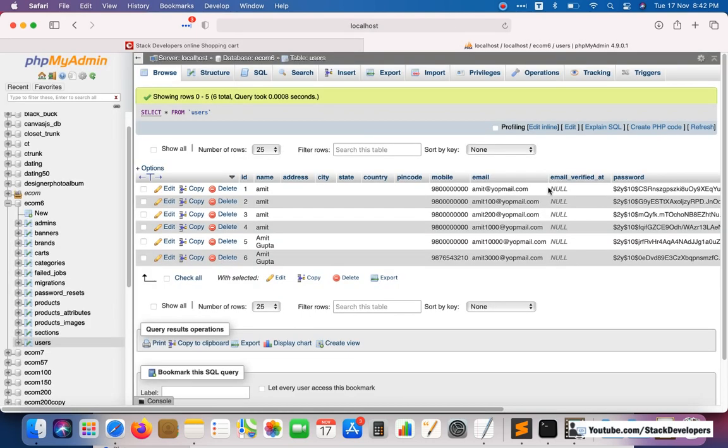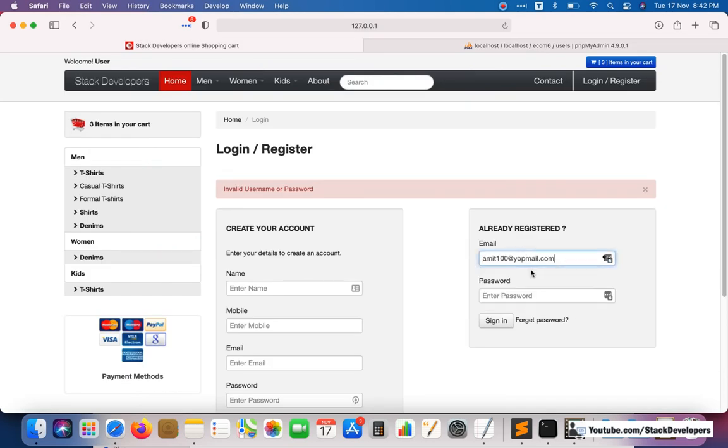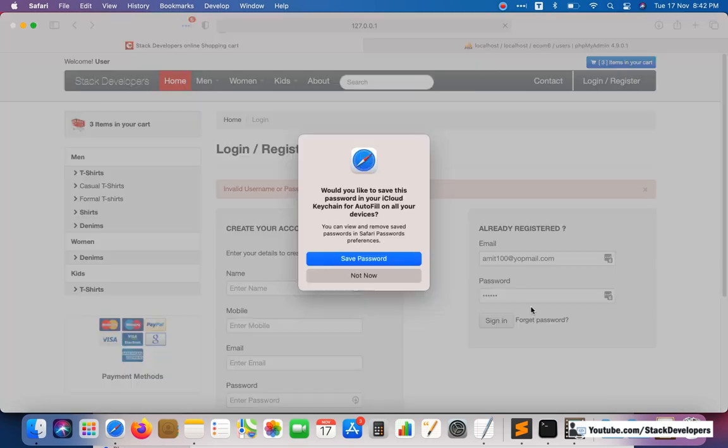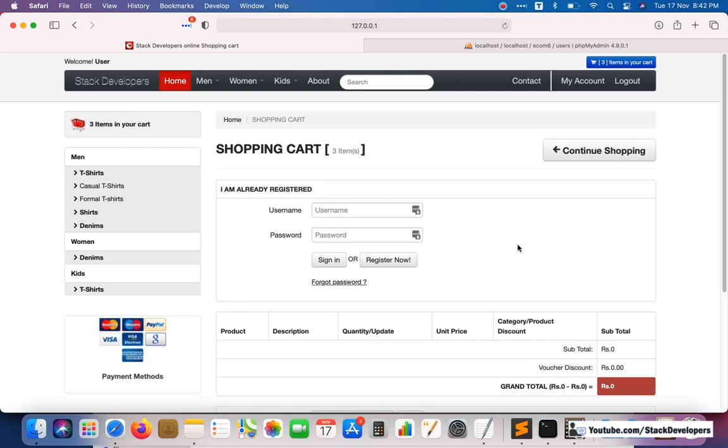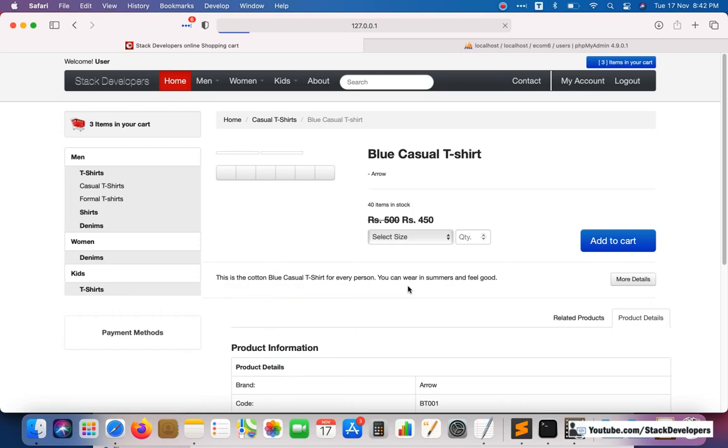I will try it with this one, Amit 100 at yopmail.com, 1 2 3 4 5 6. Okay, so now we are logged in with this account.